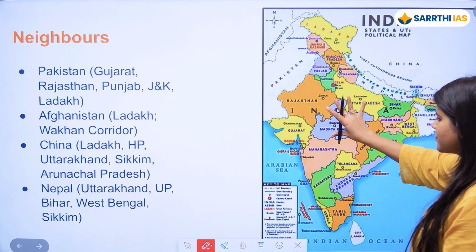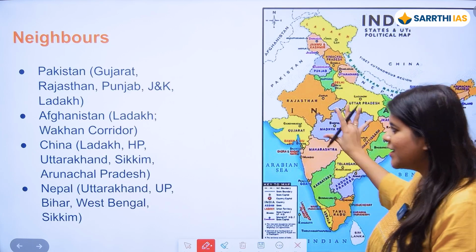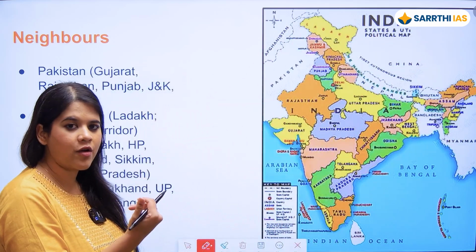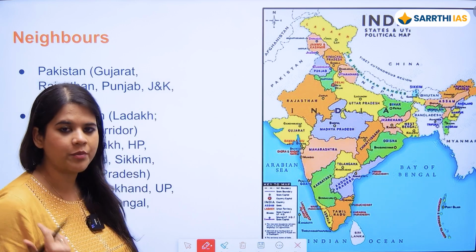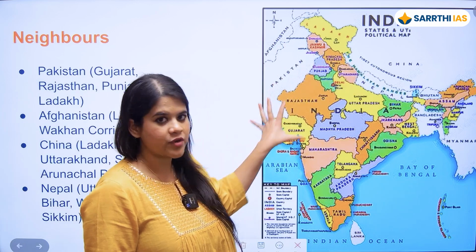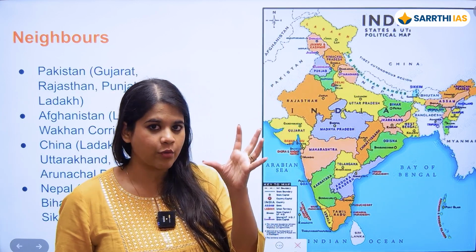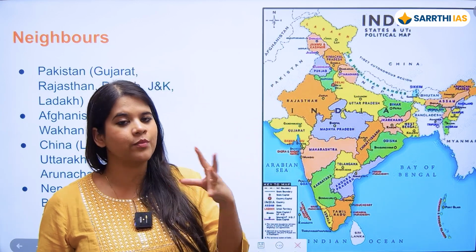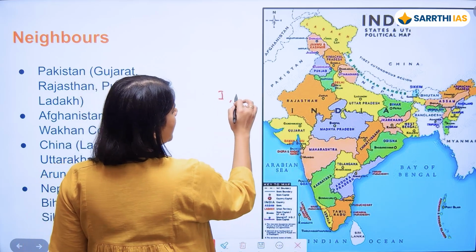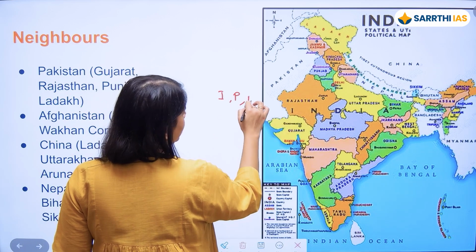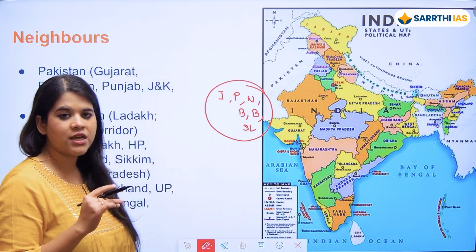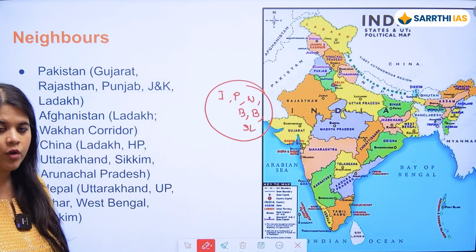See, this is India, right? India is surrounded by multiple countries. India is a part of the southern part of Asia, and along with certain countries surrounding it, it forms the Indian subcontinent. So in the Indian subcontinent, what all countries are included? Of course, we have India, then we have Pakistan, Nepal, Bhutan, Bangladesh and Sri Lanka. So these countries are a part of the Indian subcontinent.